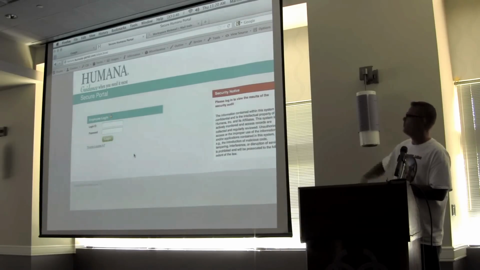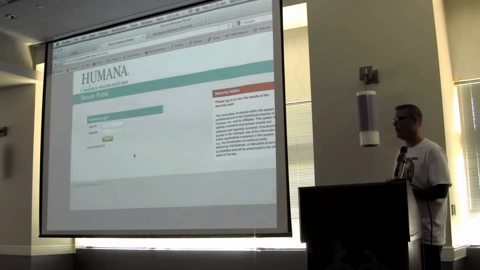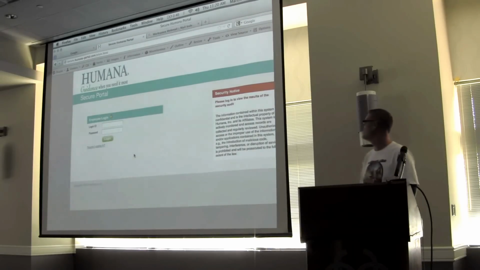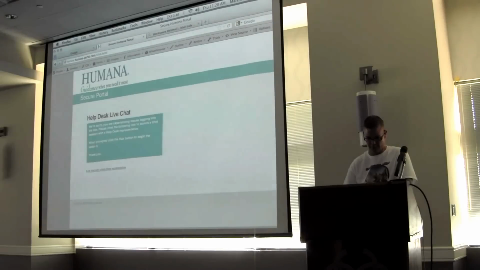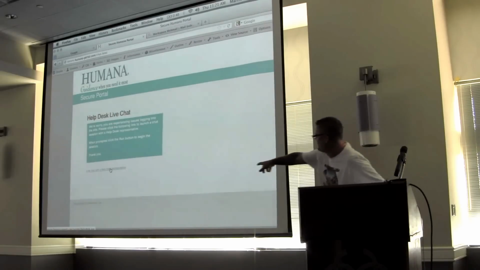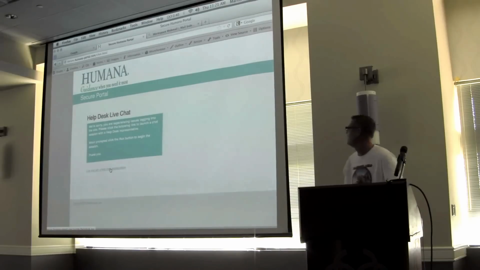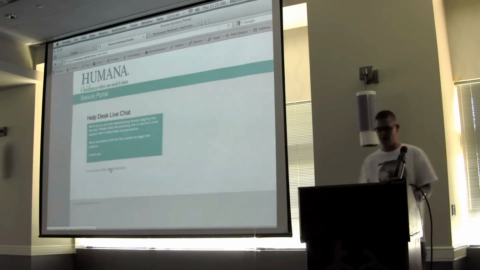And a lock. So we took our Humana portal and we added a subdomain of secure because everybody likes that word. I know it sounds stupid, but it works. Secure. Yeah, you guys might be thinking I'm not going to click on it, but think about all the people next to you or the people at the water cooler. The other thing that we got is if you have trouble logging in, we got a help desk. You can just chat live with the help desk. Just run this binary. I don't know if you can see there at the bottom, but all you got to do is install help desk exe right down here. That's it. And it tells you right there. And we'll help you out with logging in.